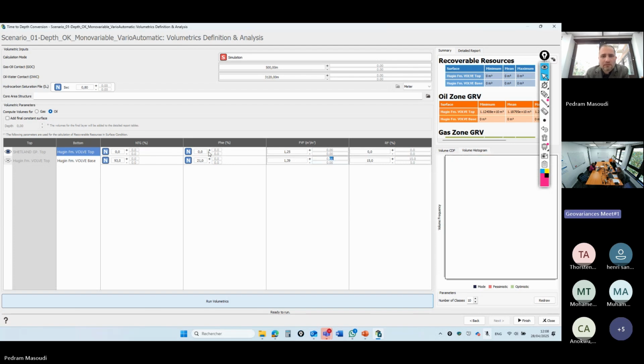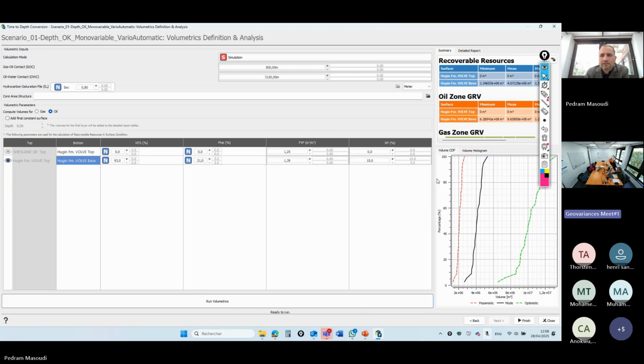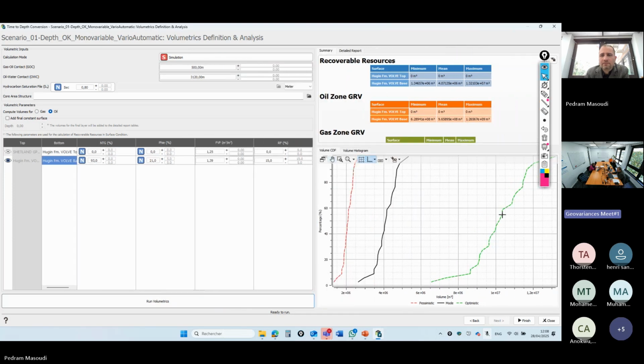Because here let me add manually some sort of range in order to generate the volumetrics. Yes. Now we can see the curves of, for example, the optimistic volumetric evaluation and the pessimistic one,